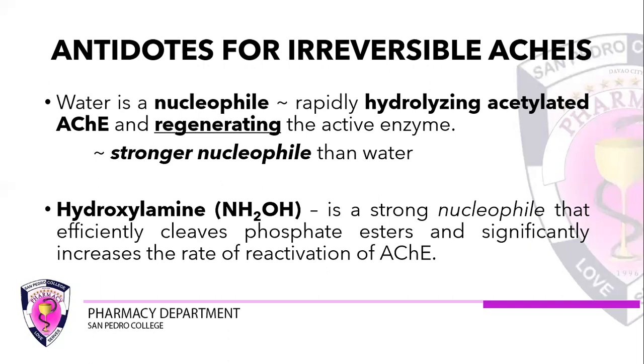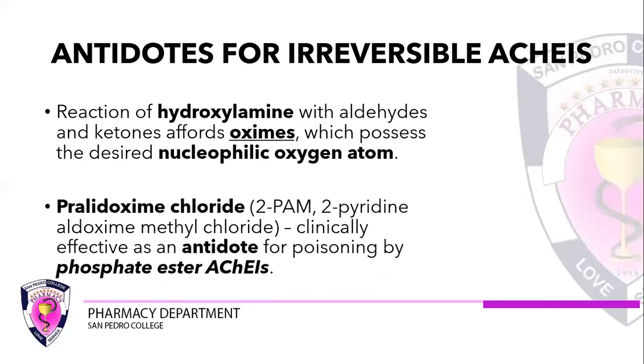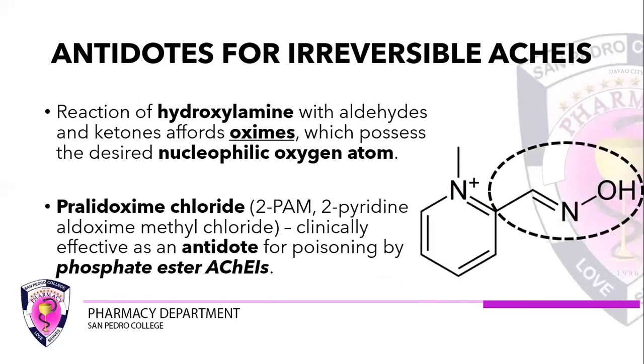So ang specific antidote niya, ang basis niya, it's on the chemical hydroxylamine. So from hydroxylamine, eventually na-afford ang drug na pralidoxime. So siya na ang antidote for our irreversible acetylcholinesterase inhibitors. Kaya ang atong mga anticholinergics, they would just address the symptoms. Pero mismong cause of the symptoms, the drug pralidoxime addresses that one.